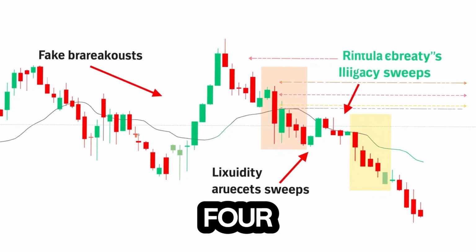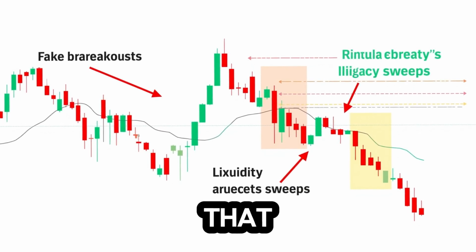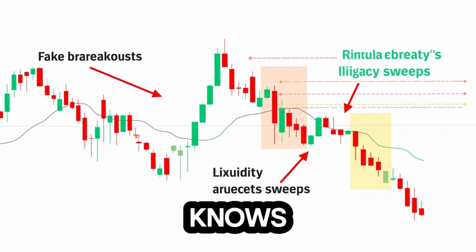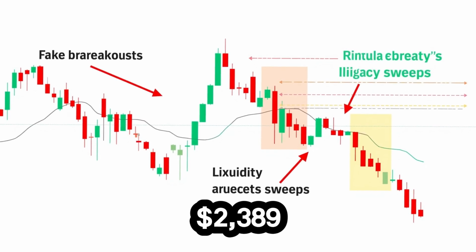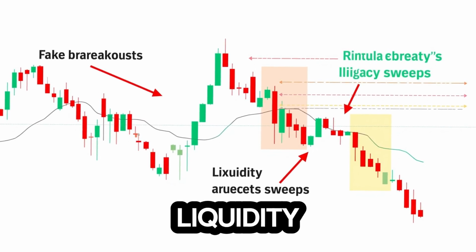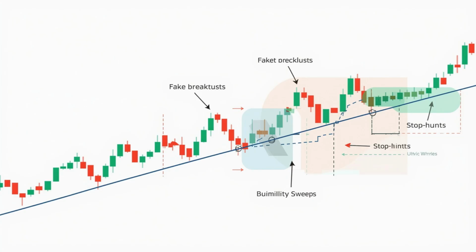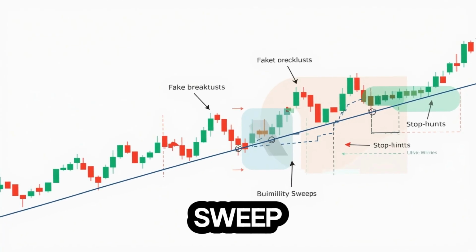Point 2.4: Liquidity hunting, the market's favorite game. Let's say most traders are buying gold and placing their stop loss below $2,390. That means a huge cluster of sell orders sits just below $2,390. Smart money knows this. So price might drop to $2,389, take liquidity, trigger everyone's stop losses, a huge volume of sell orders, and use that fuel to push the price back up fast. This is called a liquidity sweep or stop hunt.